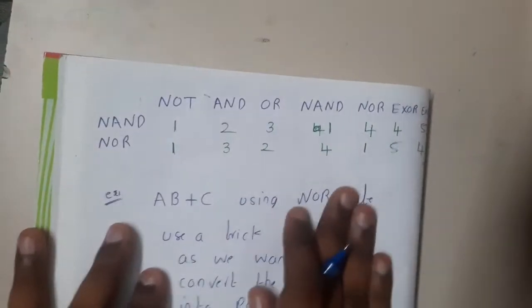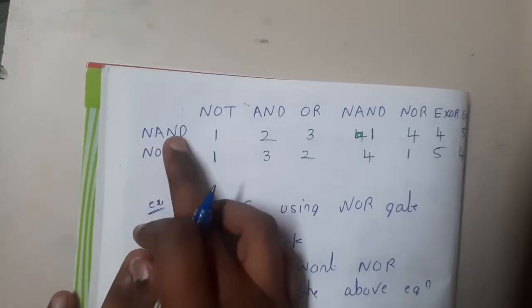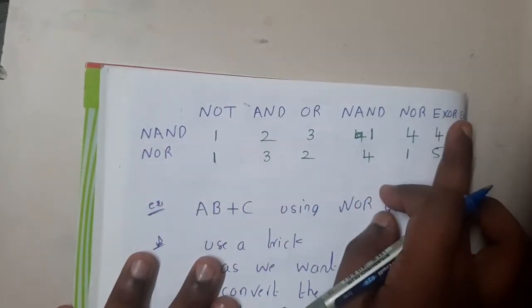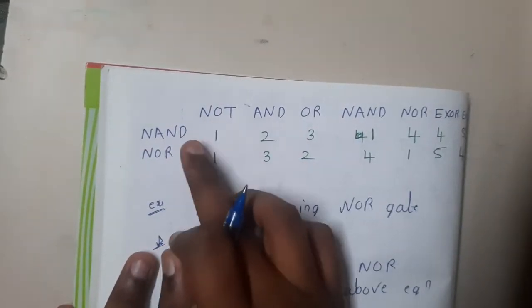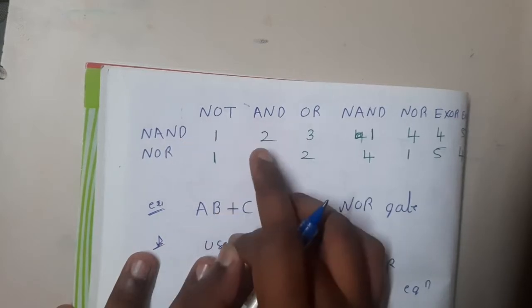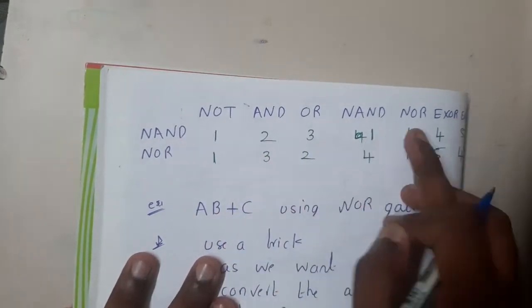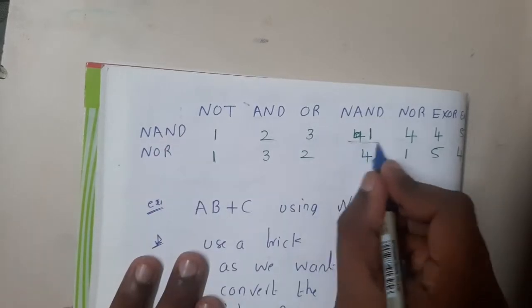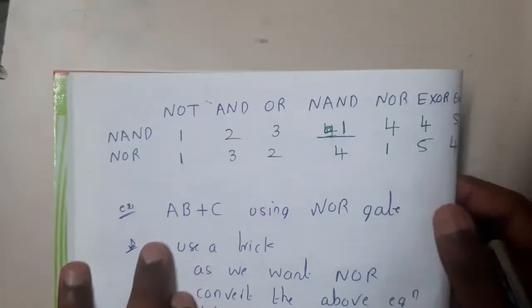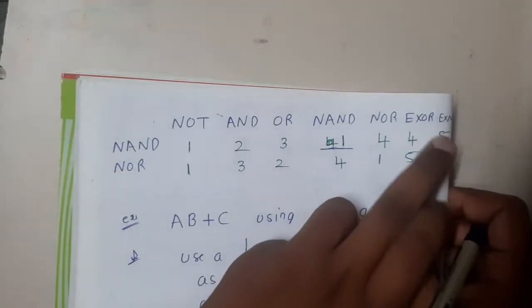Yes. So the main thing that you should remember is this particular table, guys. We want to implement a NAND gate using each and every one of them, right? So to implement a NOT gate, you need one NAND gate. For AND gate, you need 2. For OR gate, you need 3. For NAND, NAND with NAND will always be 1. With the NOR, it will be 4. With XOR, it will be 4. And with XNOR, it will be 5.